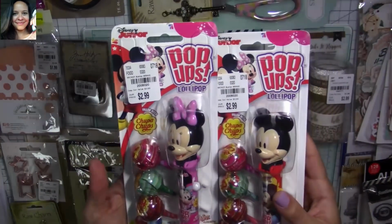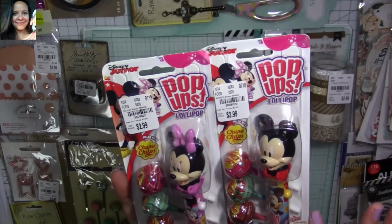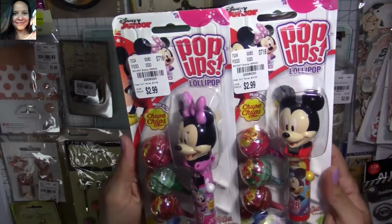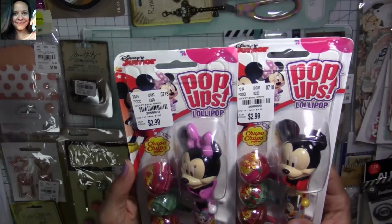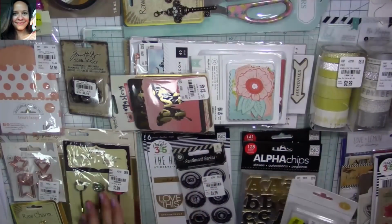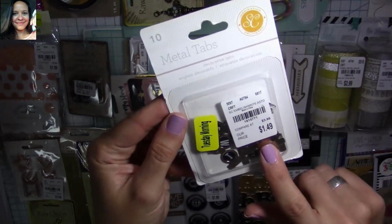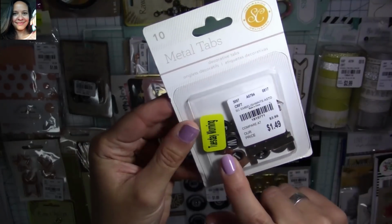I was so lucky. I also found these pop-ups, Lollipop. These are Disney Junior. They were $2.99 out of $4.99, and I'm planning to use them for my Happy Mail. I got them because they're so stinking adorable. Minnie and Mickey. And I found several embellishments and stamps, and here I have an embellishment from Studio Calico, and